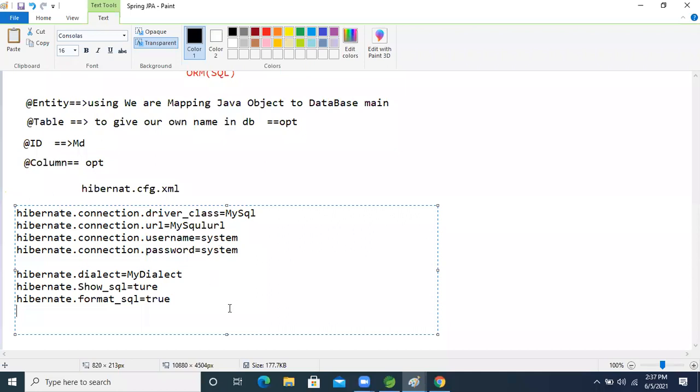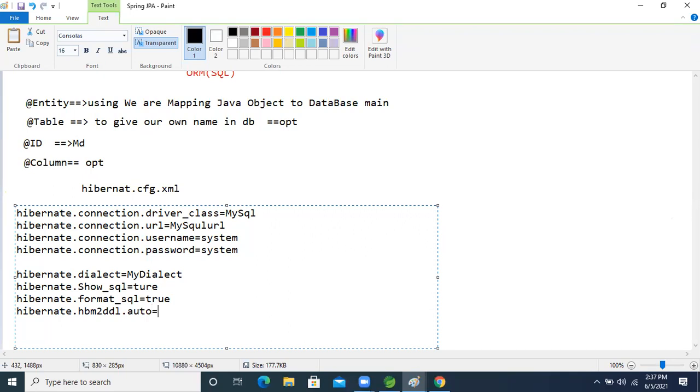Another one is hibernate.hbm2ddl.auto. It has four properties. One is update, another property is validate, and another